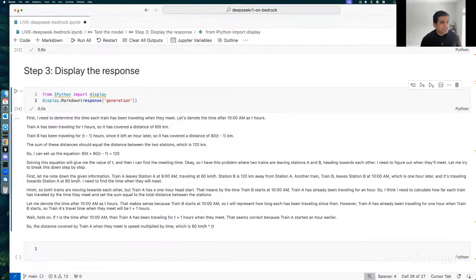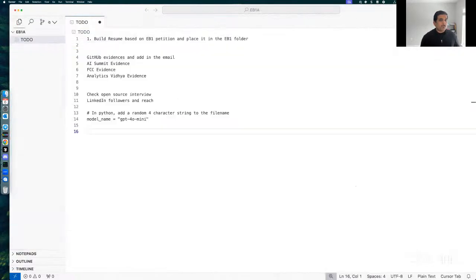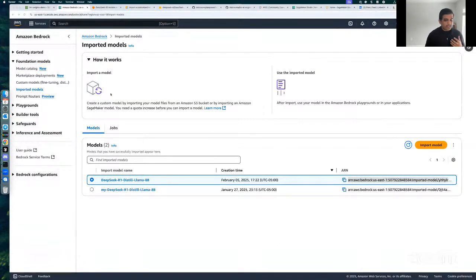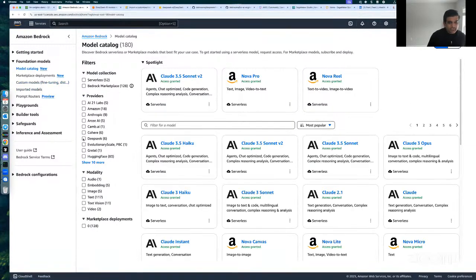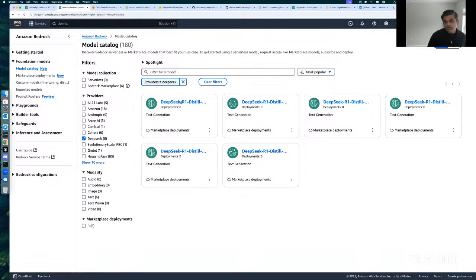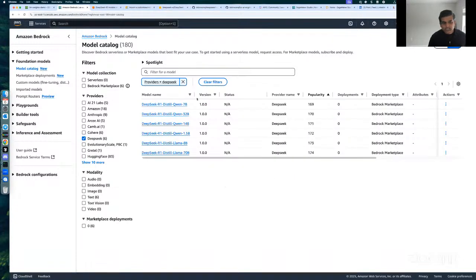Now, lastly, before I wrap up, I wanted to show you the different ways that you can deploy your model or use a DeepSeek model on AWS. So the other way is you come to this model catalog, and here we have introduced DeepSeek, and you can click on any of these distilled models. They all have a different distilled model. If you want to see this, I think this is a better view. So you can see that there is 7 billion, 14 billion, and so on, right? So you can use any of these models from here and use it